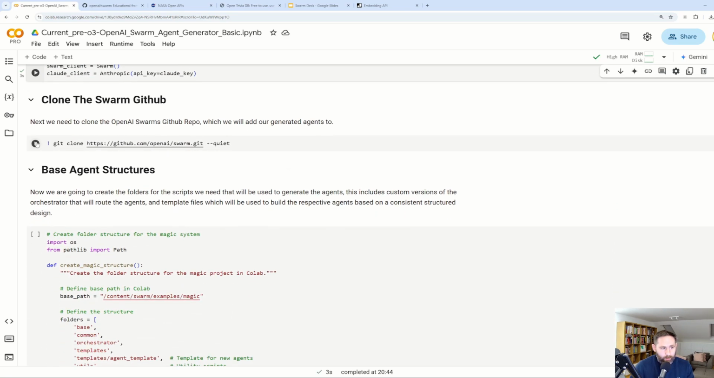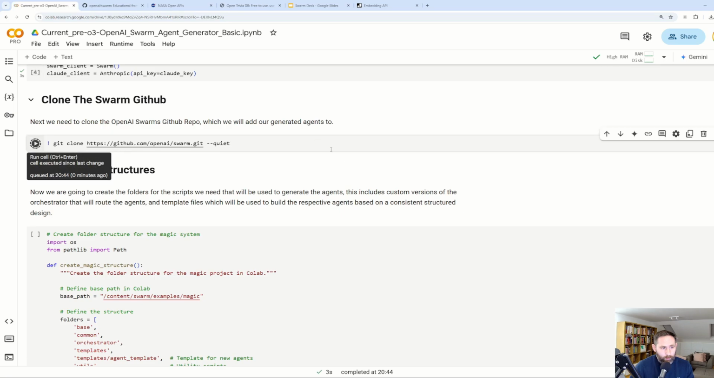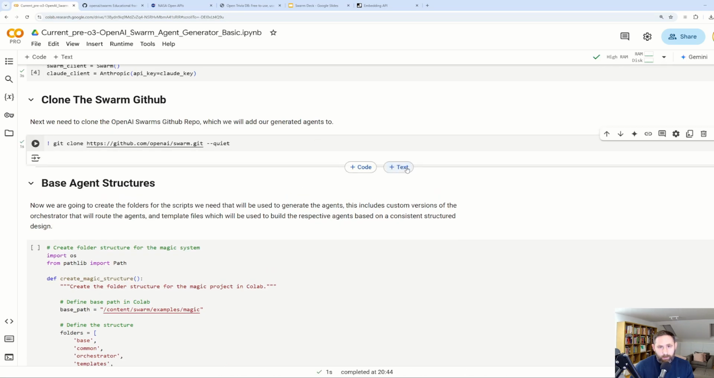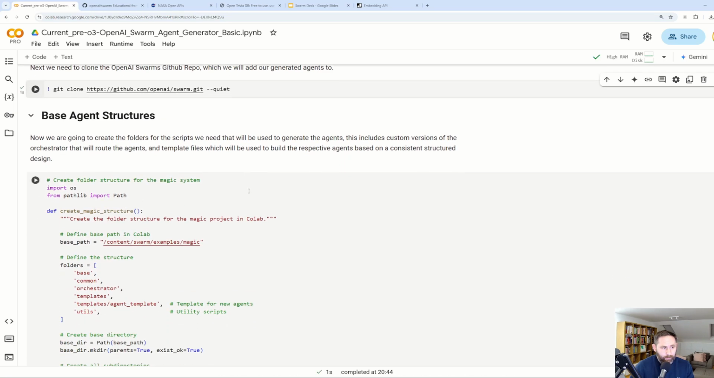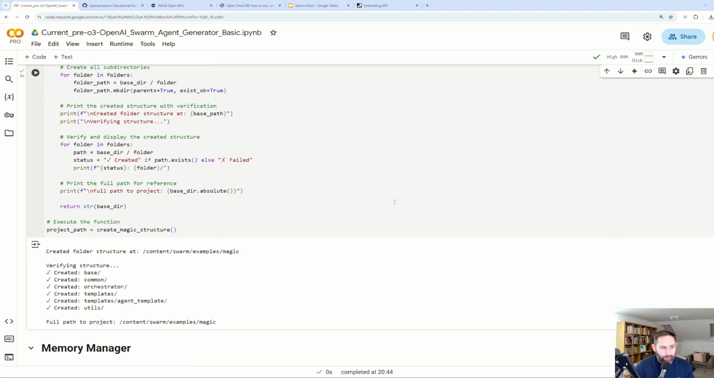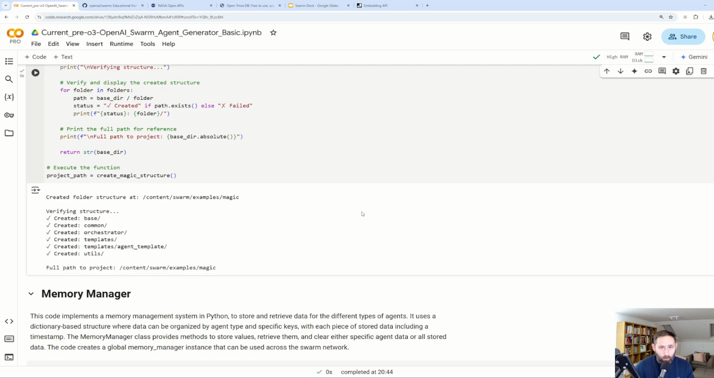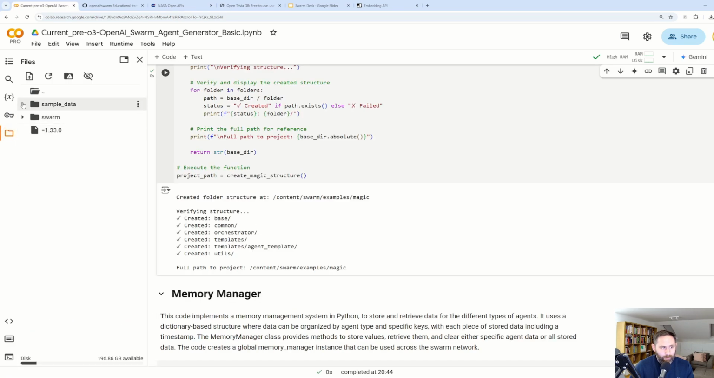Next, we're going to clone the Swarm repository from GitHub. So that's the OpenAI repository, that's done. And now what we're going to do is create a base folder structure for our agents. And you'll see here that it's basically created a number of folders, a base, common, orchestrator. It's created those folders, and what I've also done with this,